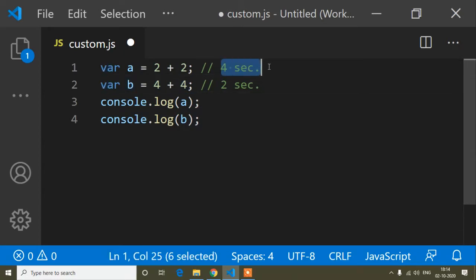Even though it takes more time, it will execute the first one first.